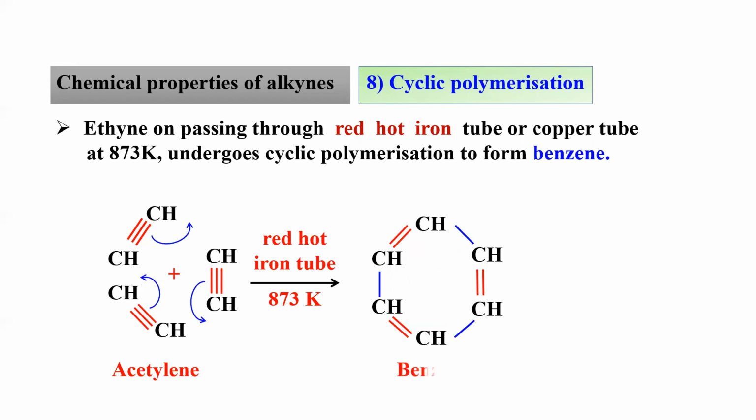Benzene is C6H6. So pretty straightforward. This is one more favorite question for examiners in PUC. Cyclic polymerization of alkynes or ethyne to give us benzene. Clear? So if you clearly align the 3 ethyne molecules in the form of benzene, you'll be able to understand the formation of benzene. This is one of the methods used for preparation of benzene that we will come across in the next part of the chapter.